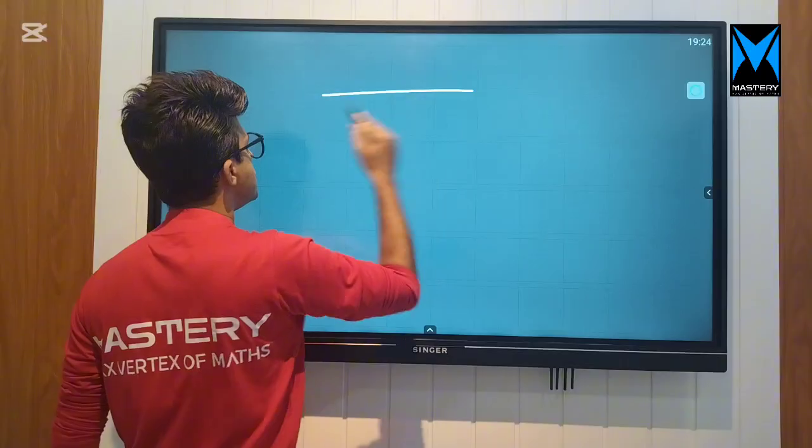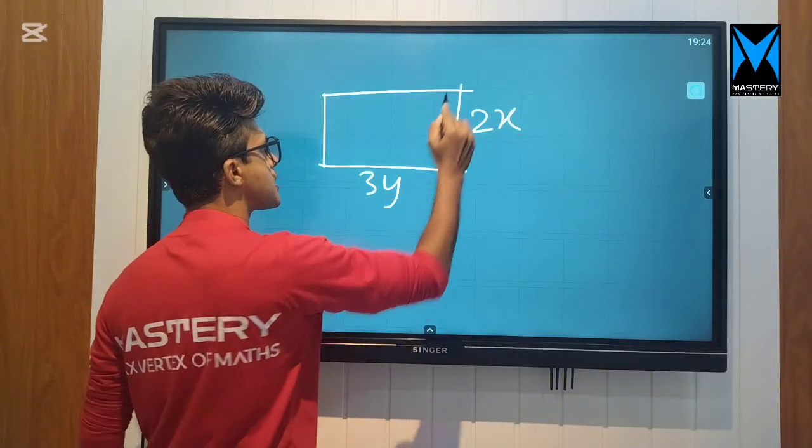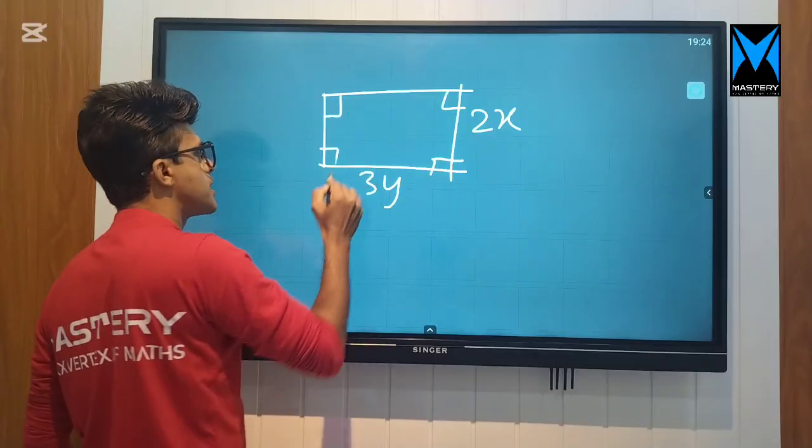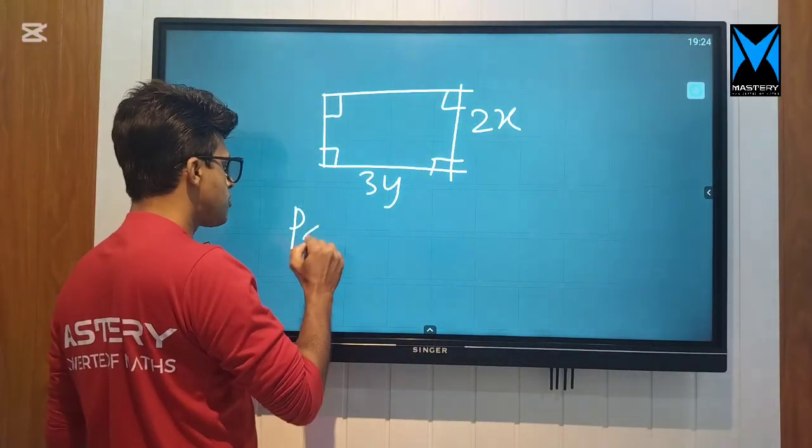Of this type of one. Here 2x, here 3y. Here is a rectangle. How do you get the perimeter of this one? Perimeter equals to